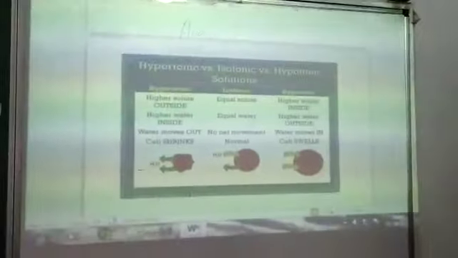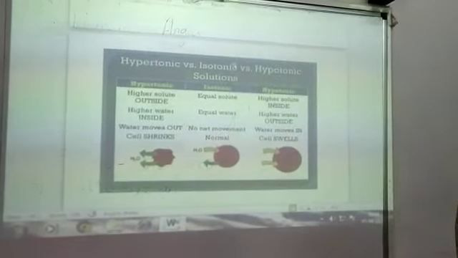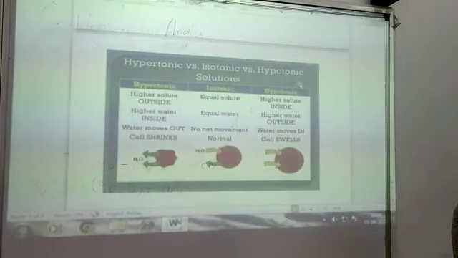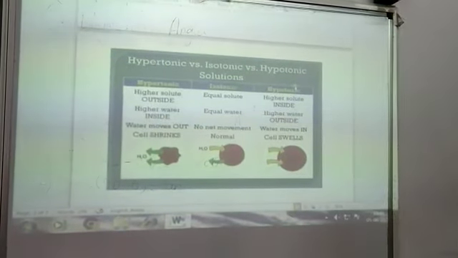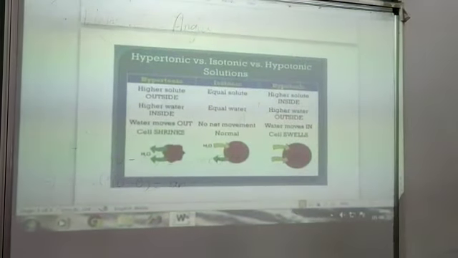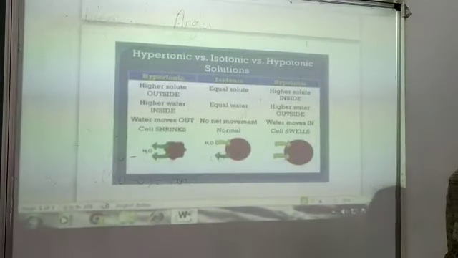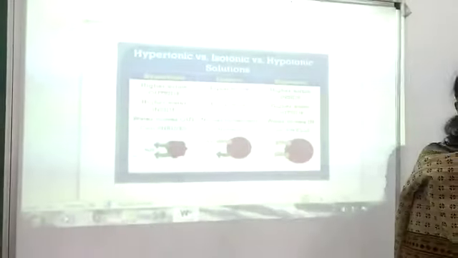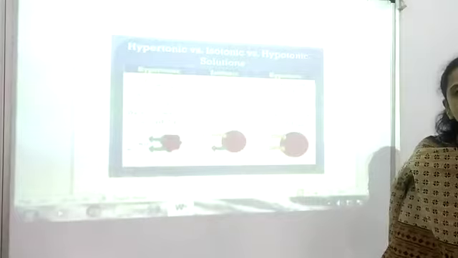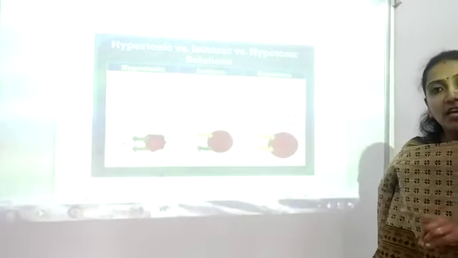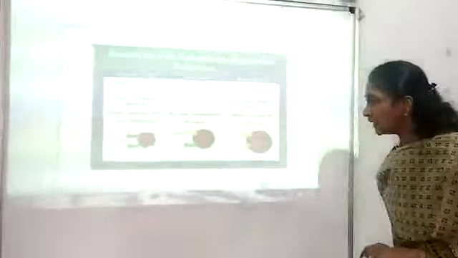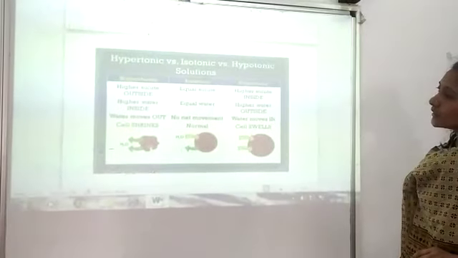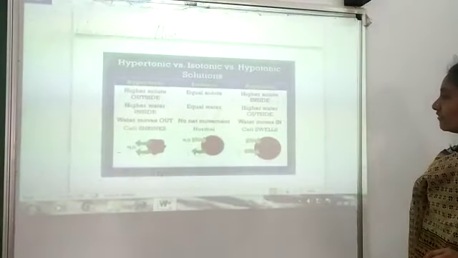Yeah. So before I explain what is hypertonic, isotonic and hypotonic, you people will be confused. What are these new terms that we are observing here? So what is osmosis? Just now I told you it is a movement of water molecules from a region of higher concentration to lower concentration through a semi-permeable membrane. Children, if you observe here, these are the cells we have taken.